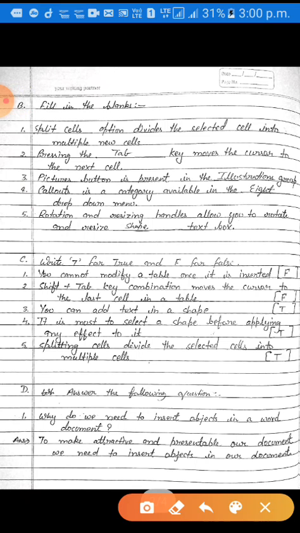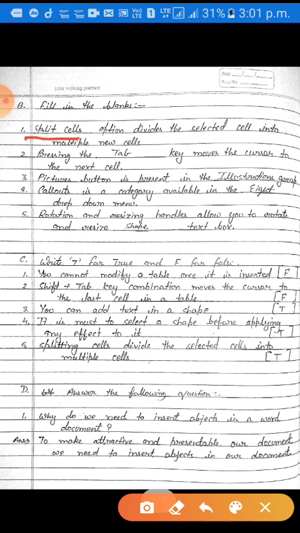Question number first is dash option divides the selected cell into multiple new cells. Okay, dear students, you have to fill here split cell. Okay, split cells means dividing the selected cell into multiple cells.